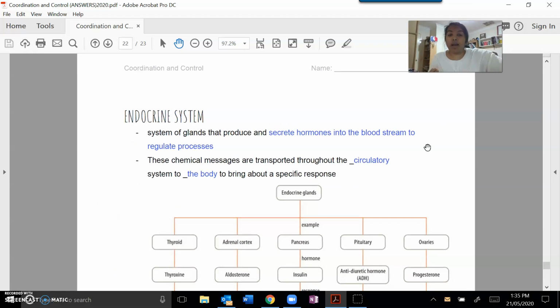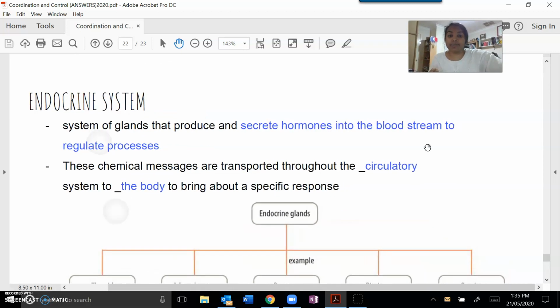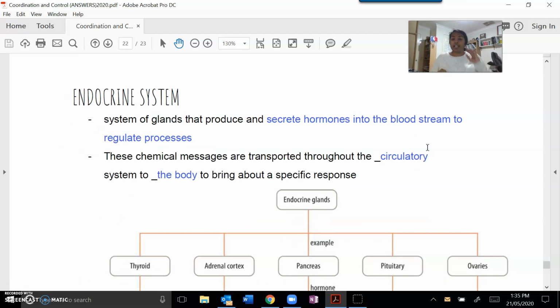So what an endocrine system is. An endocrine system is actually the system made up of different glands. Glands are things that secrete, meaning they release these chemicals known as hormones. Maybe you've heard of hormones before. There are multiple glands in your body, and if they release a hormone, they're part of